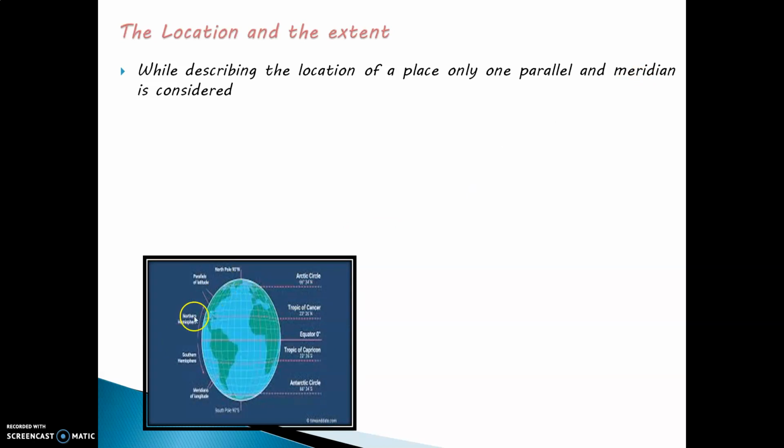You can see over here, this is the earth and a lot of longitudes and latitudes are there. You can see this dark green color shown over here. These are the countries. So if you have to locate any country based on longitude or latitude, you have to count from the equator. This is the equator, and as we go upward, you will see a lot of latitudes, and that is how it goes on changing. So when you have to locate one particular place, you have to consider only one parallel and one meridian.